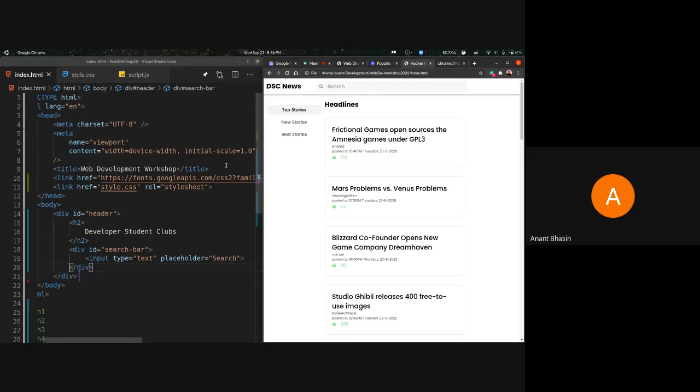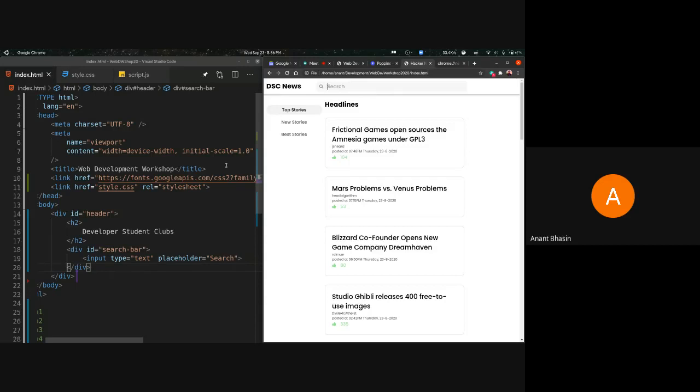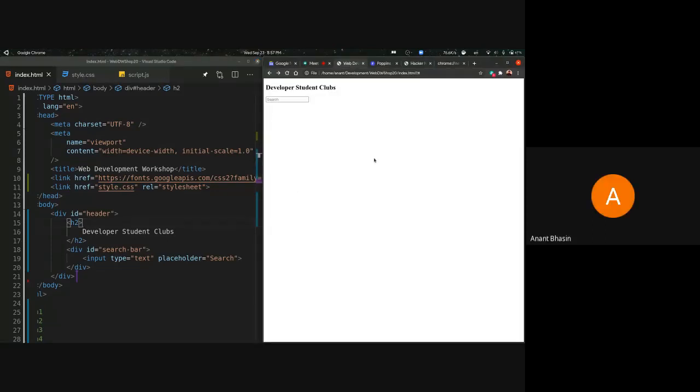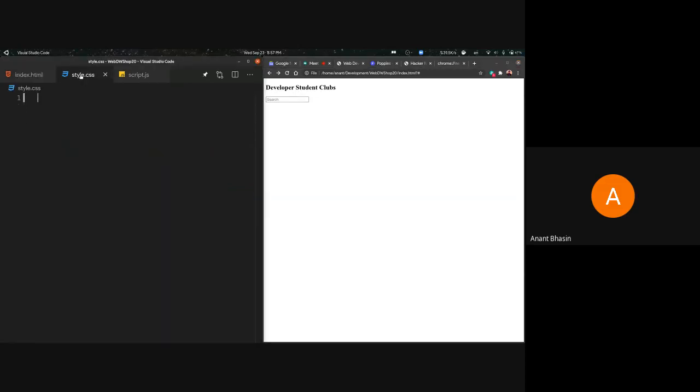Now, Ishit, let's not add the font awesome icon right now. Let's do that in the next session. Let's just make the search bar and the H2 and add the box shadow, perhaps. Can you move on to the web page there? Right. So let's show them what we have. We don't have any styling yet. The icon won't be coming from Java or JavaScript. We'll be showing how to put custom icons in your web page tomorrow, since we don't have much time. Also, forget about Java in this course. Java and JavaScript are completely different. But still, we're also not going to use JavaScript for the icons.